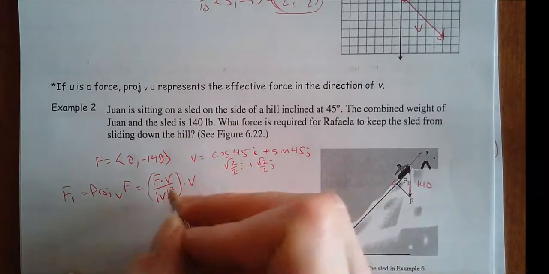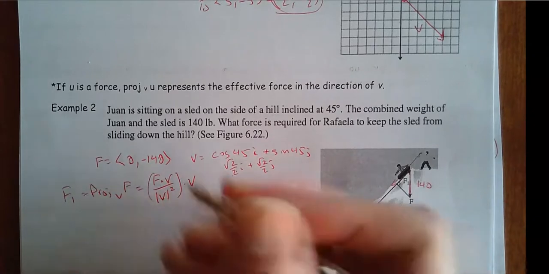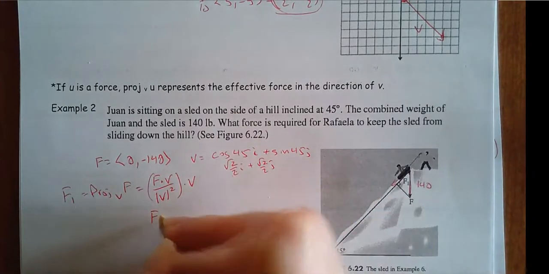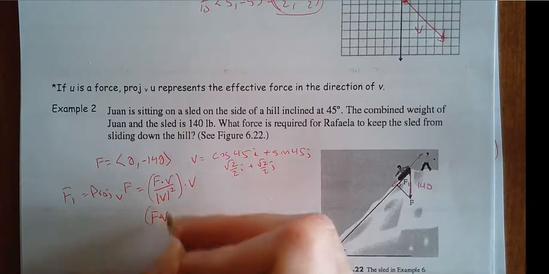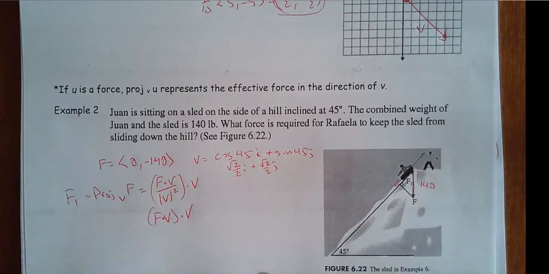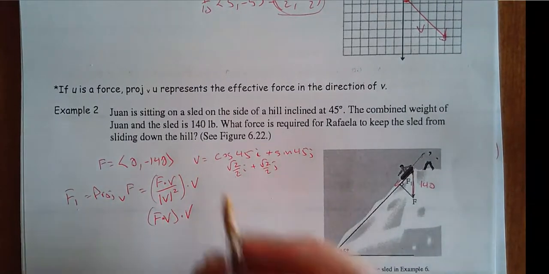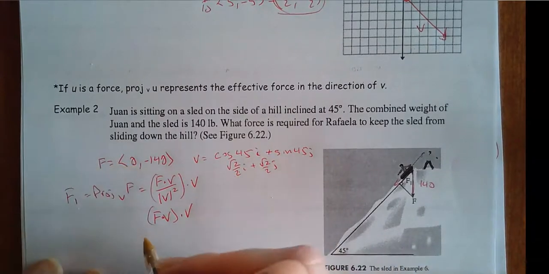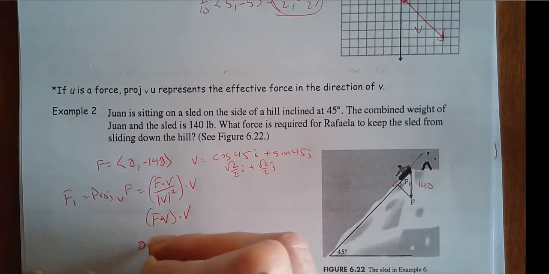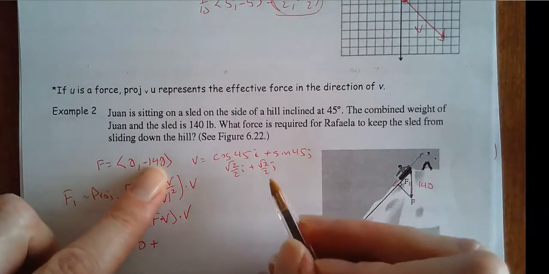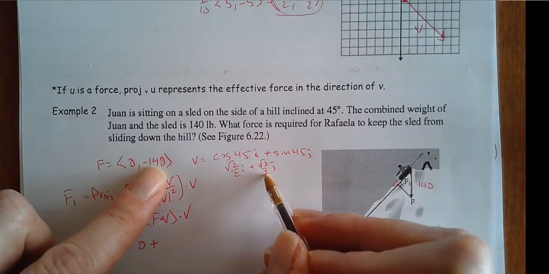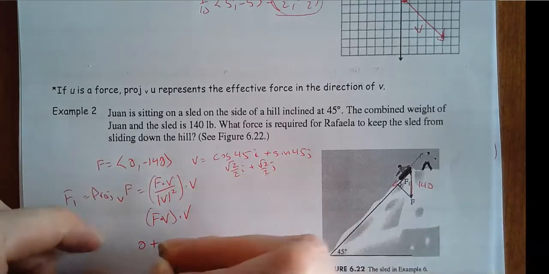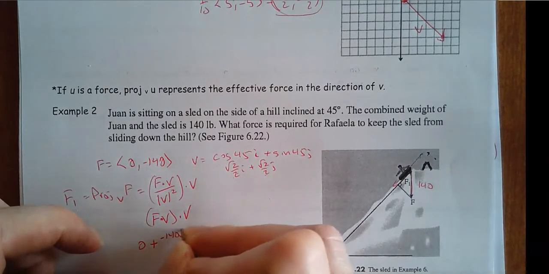So the magnitude is a 1, 1 squared is 1, so it's really just going to be V, or F dot V times V. So the dot product. If I do the dot product here, I've got 0 times radical 2 over 2, which is 0, plus negative 140 times radical 2 over 2, which would be negative 140 radical 2